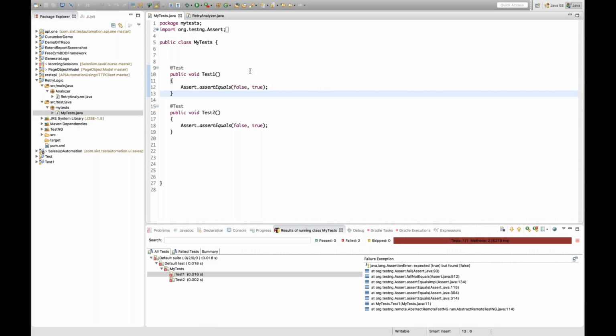There are two test cases. Let's see, on this particular test I want to implement retry logic. So how to do that? Very simple. Inside the bracket after @Test, what we have to do is use retryAnalyzer, that is the reference we have to use, equal to